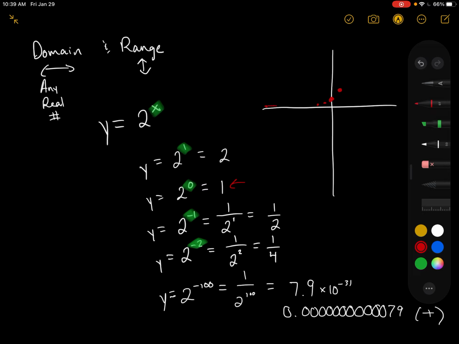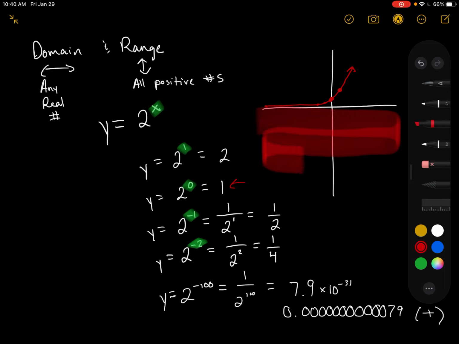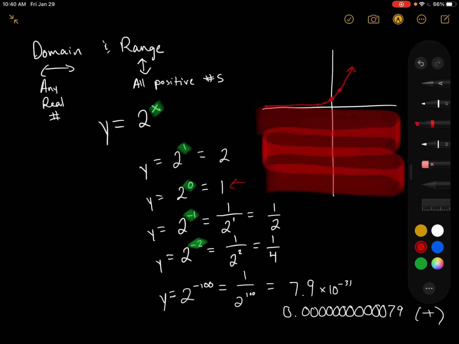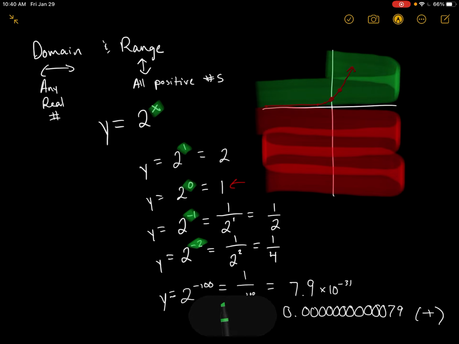So it gets really close. It gets so close that you can barely even see it, but it's not going to cross that axis there. So the shape of our function, it kind of goes up in a curve. And in this case, our range is actually all positive numbers. So positive only. So if we're looking at this, we would never cross below the axis here. This red zone, never going to happen. Can't have those values. But the green zone for our range, our up and down values, anything above that axis